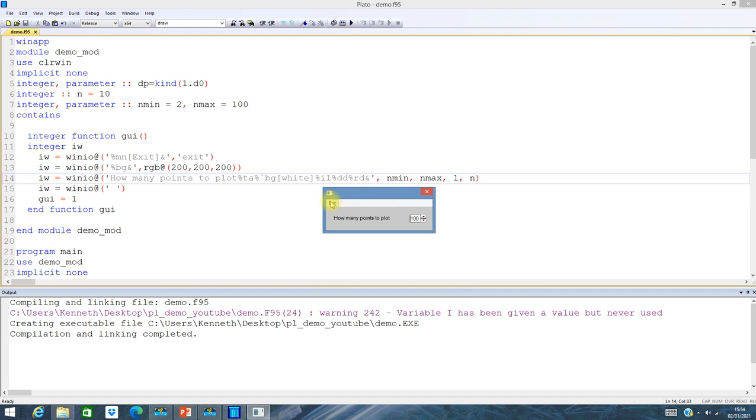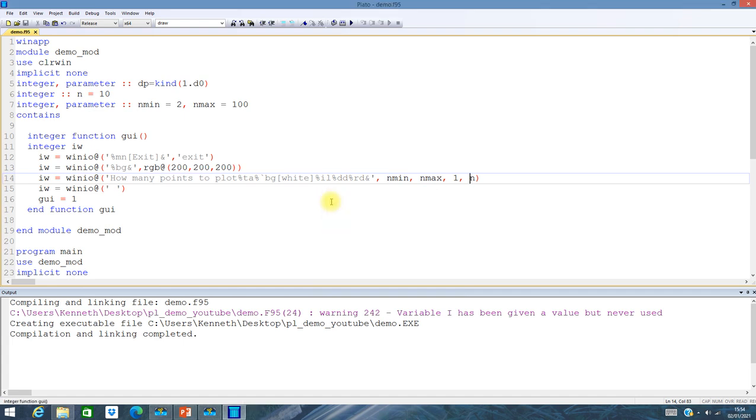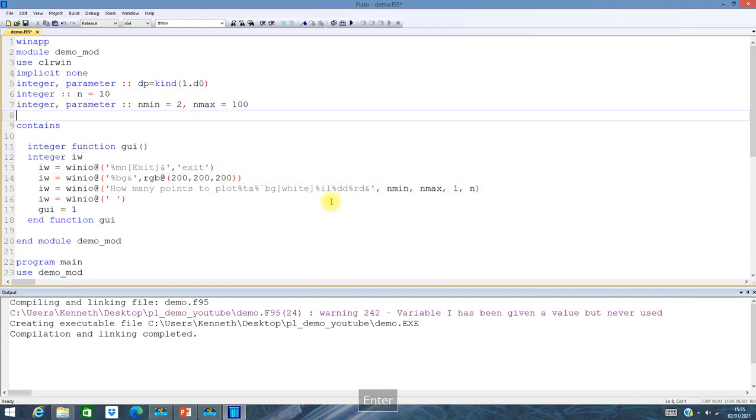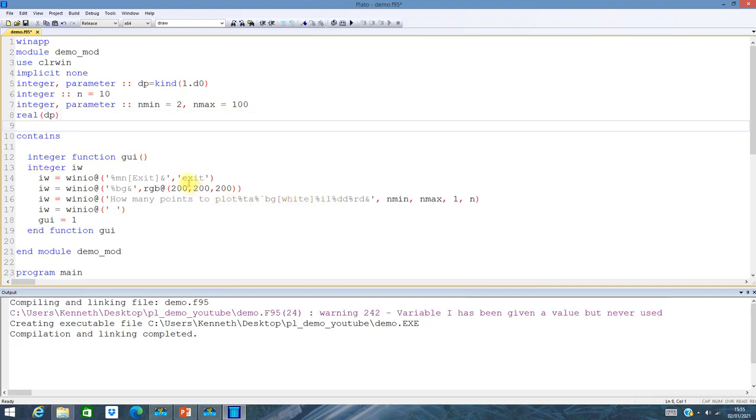Okay, so I want to plot a graph. So I need to have x and y variables which go on to my graph for plotting. So I will define these as module variables, and as I said earlier, I'm using double precision for the real values. So I've defined the kind number for double precision arithmetic as dp,